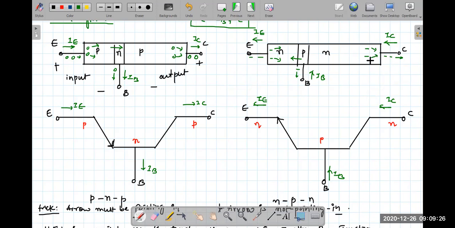So whatever logic you said was not appropriate. That means input is from one place only. In both places, the input is from one place only. Now tell me, which one will you prefer? Why? Why NPN? Because the mobility, you see,